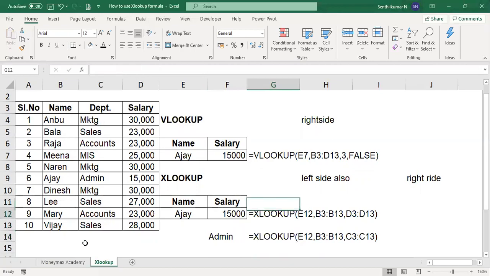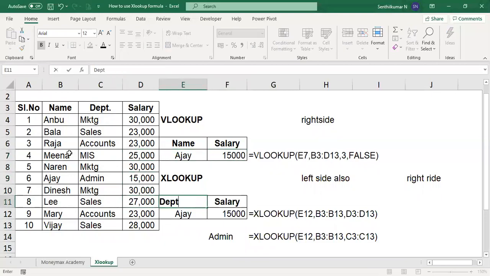Clear? As I have said already, you can use the left side also, not only the right side. Ajay's name is the data, and we can get the right side data, department or salary. Don't worry, friend. Suppose you have the department and you want to know the name.